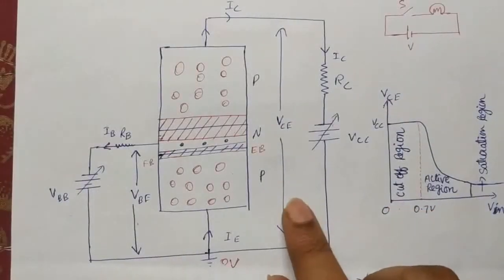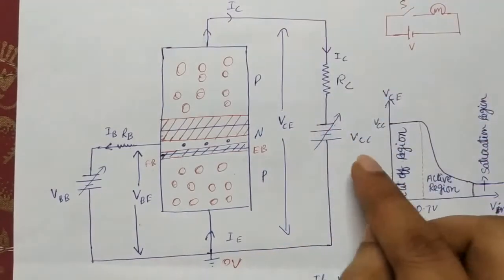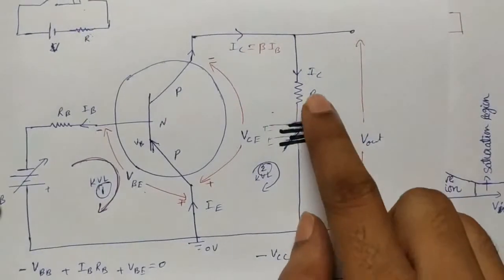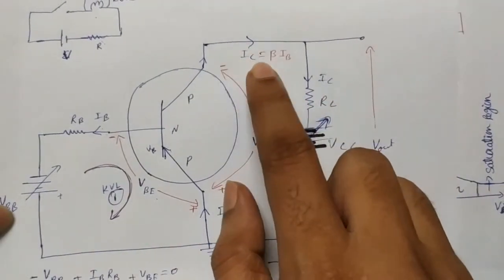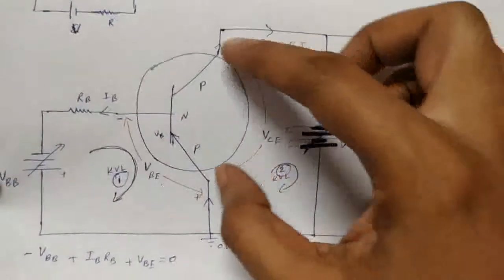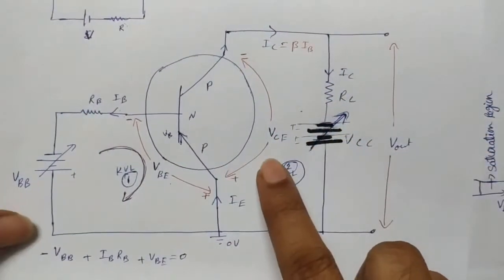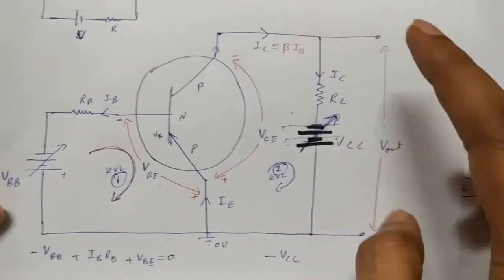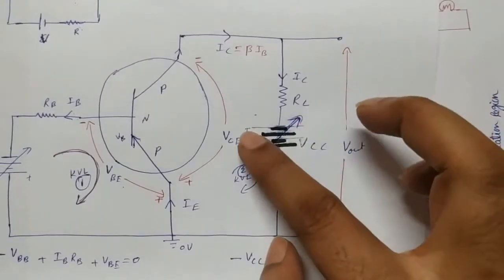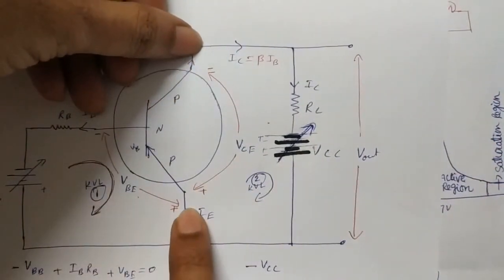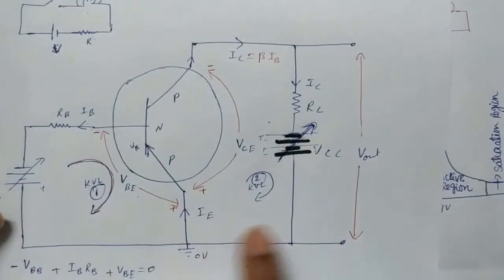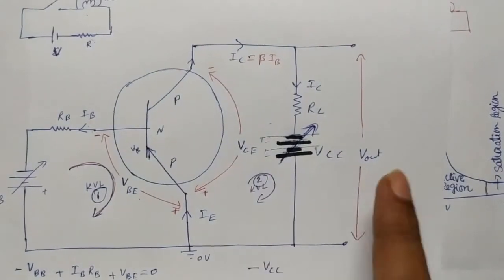Same about the output, we see VCE here, and this is VCC and the current IC, RC. Same here in the output also, VCC, current IC, RC, and this is the current output IC that comes outside. And here, what is the potential difference? That is VCE, across collector and emitter. Here we are taking the output voltage like this, the total across this is the output voltage. Output voltage and VCE are both the same. You see that VCE is in parallel with this, and parallel means same potential here, here and here. In all three cases the potential is the same. So VCE is equal to V out only.